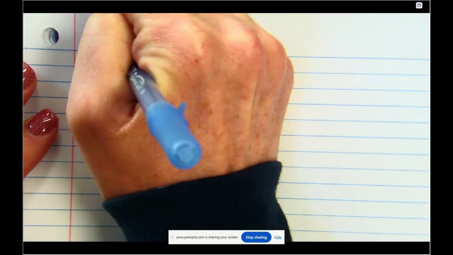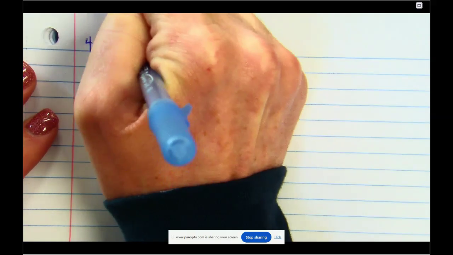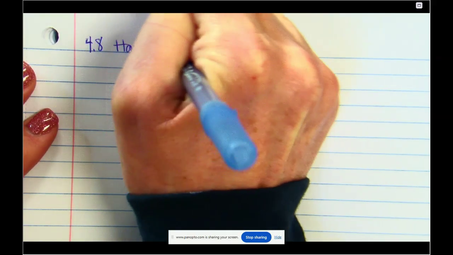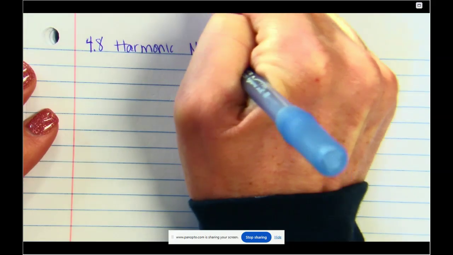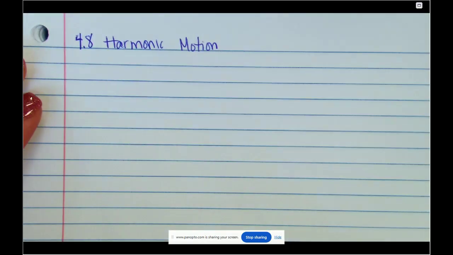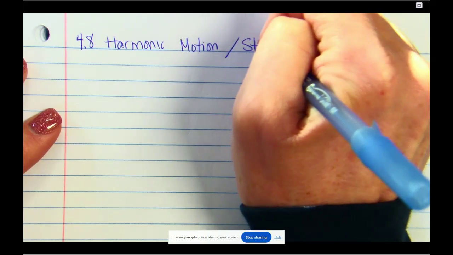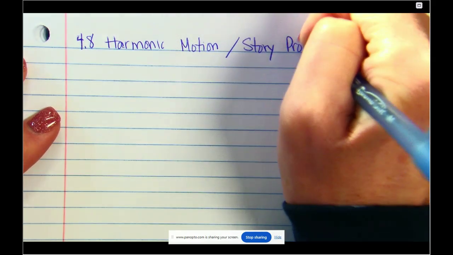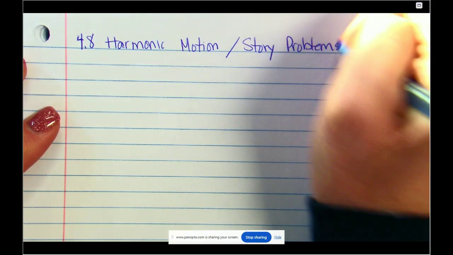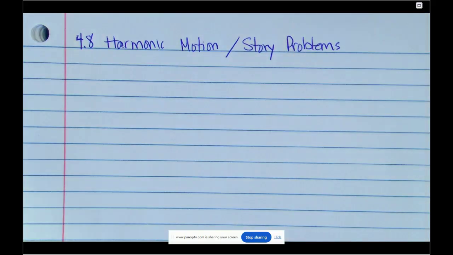Thanks. So we are talking about something called harmonic motion, which sounds like it's tricky, but it's really not too bad. And then we're going to review story problems. My intention is to only do a little bit of review on the story problems because we did that way back at the beginning. Okay, so harmonic motion